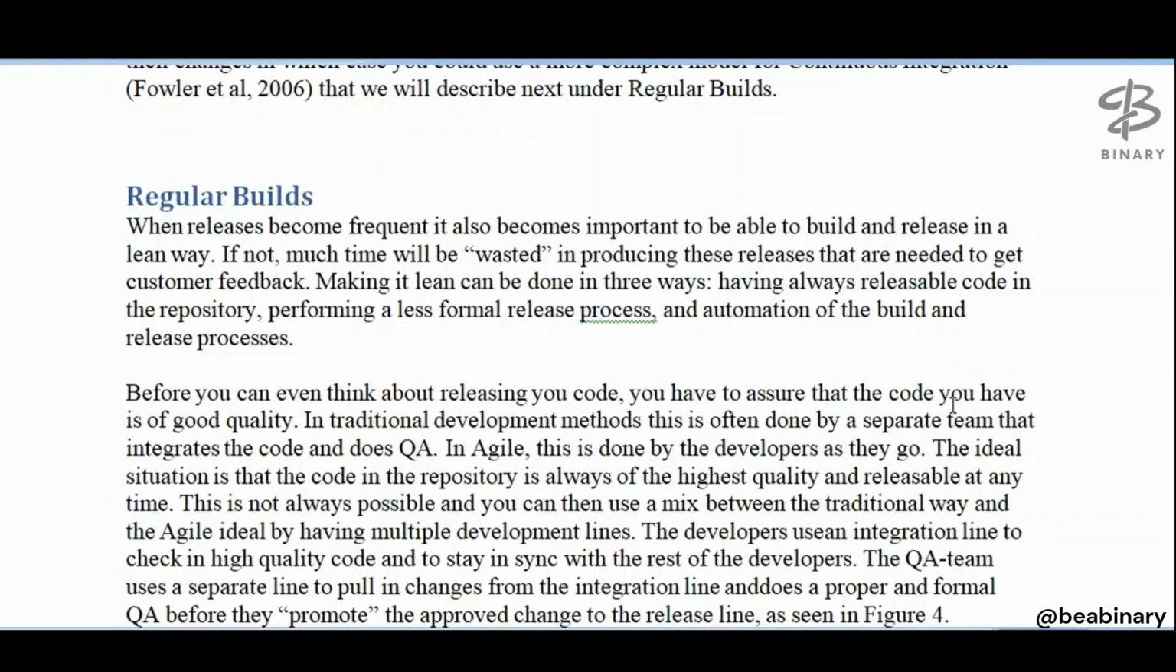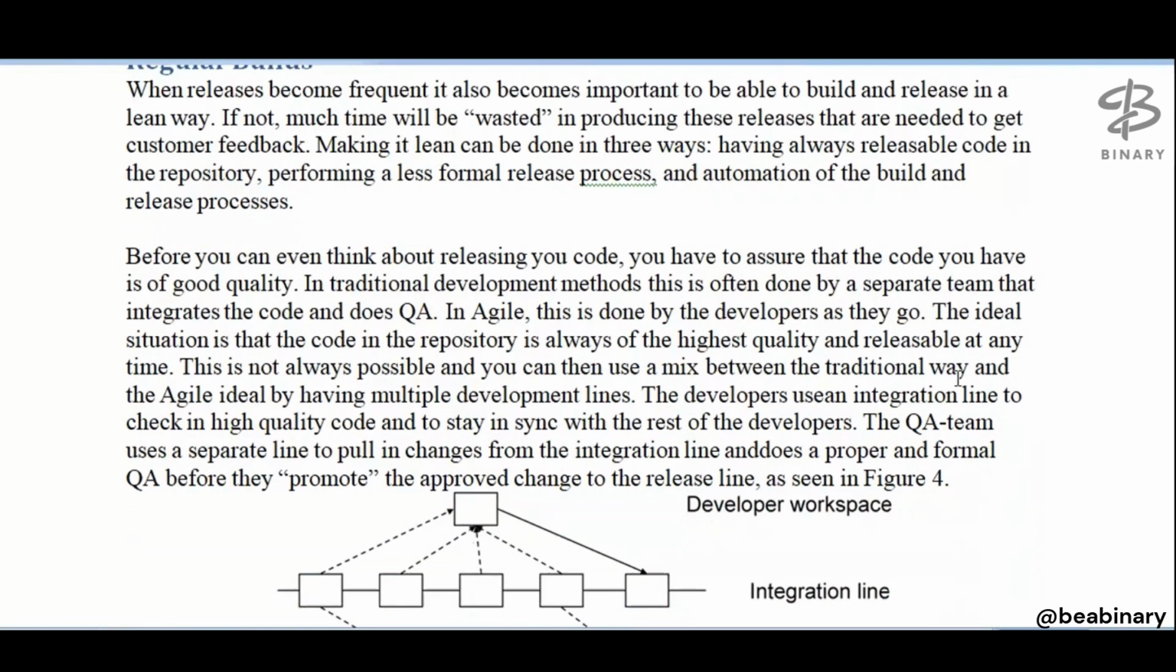Before you can even think about releasing your code, you have to assure that the code you have is of good quality. In traditional development methods, this is often done by a separate team that integrates the code and does QA. In Agile, this is done by the developers as they go. The ideal situation is that the code in the repository is always of the highest quality and releasable at any time. This is not always possible, and you can then use a mix between the traditional way and the agile